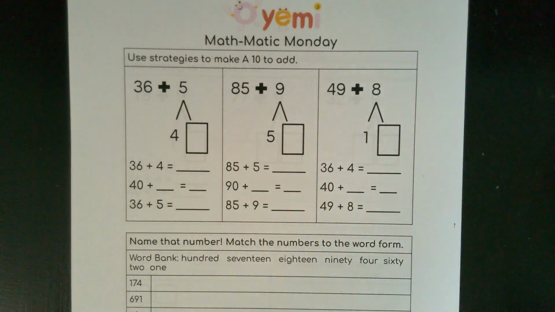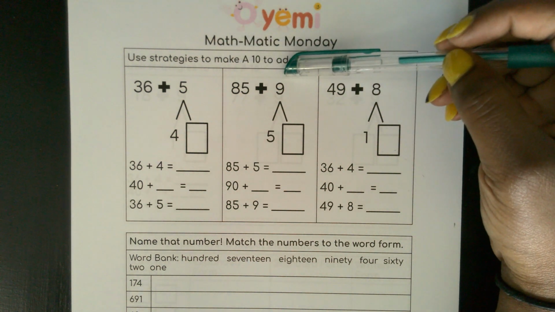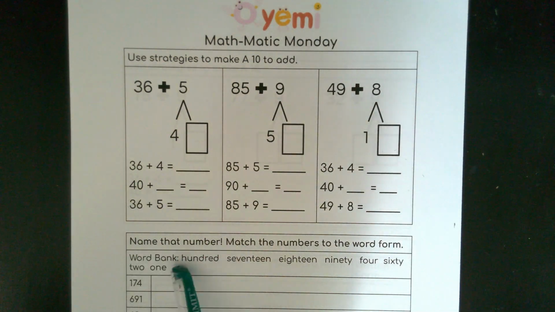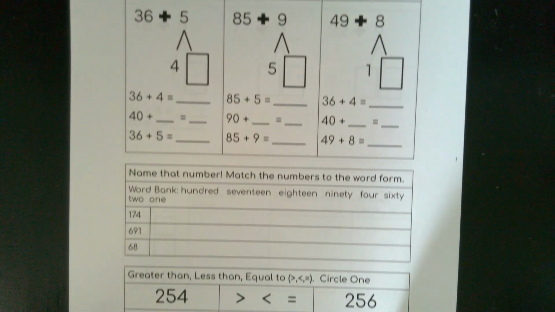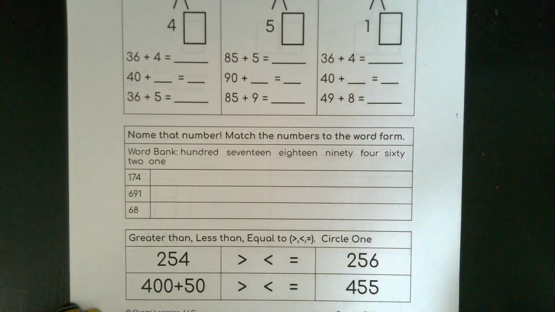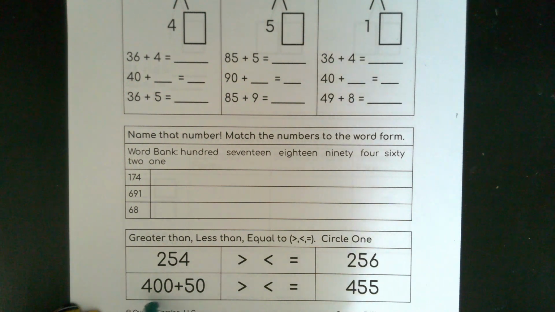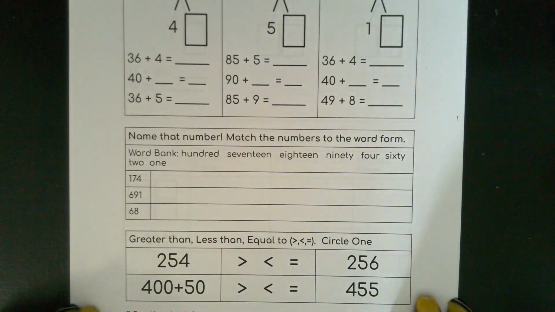So up here, we're going to use the make a 10 strategy to add. We're going to name that number, matching the number to the word form. And down here at the bottom, all the way down, we're going to do greater than and less than and equal to. So we have some that are in standard form, and here we have one that's in expanded form. So we're going to have to figure out what that number is and compare it. So when we go back up to make a 10 to add,